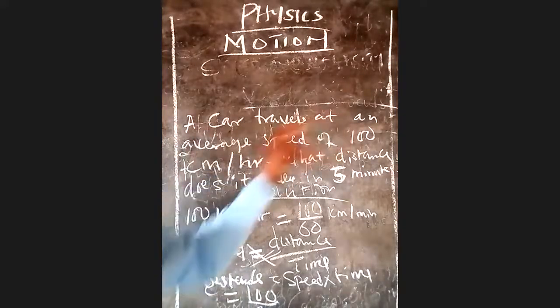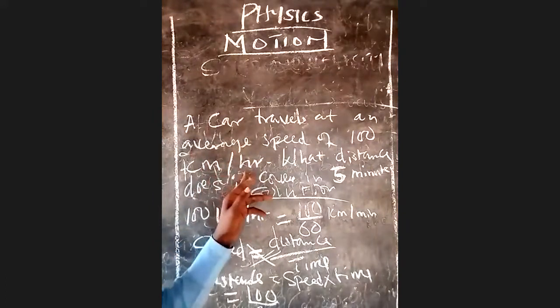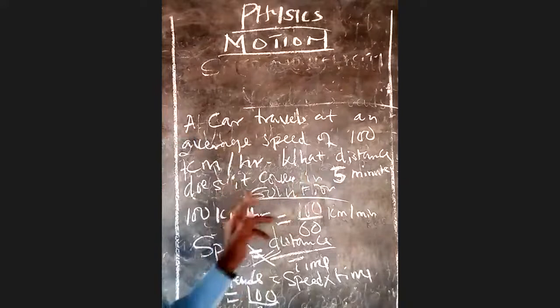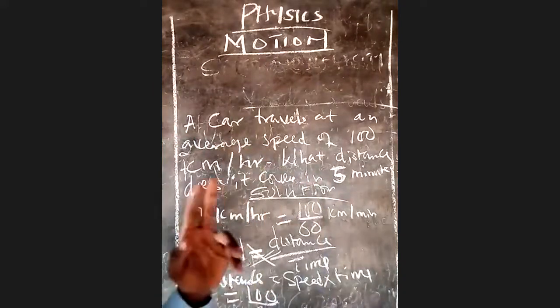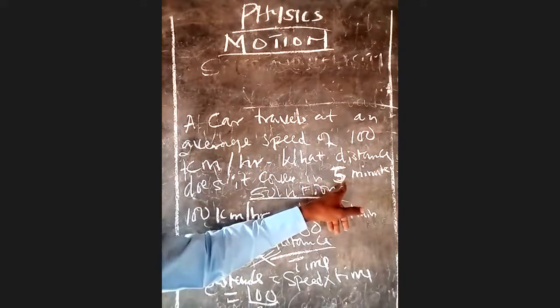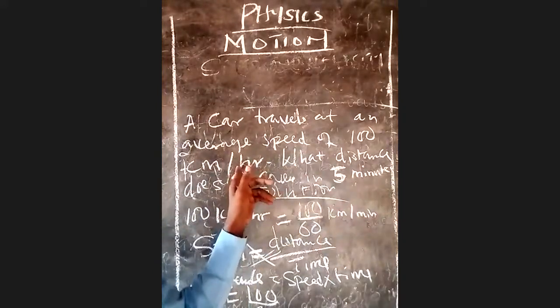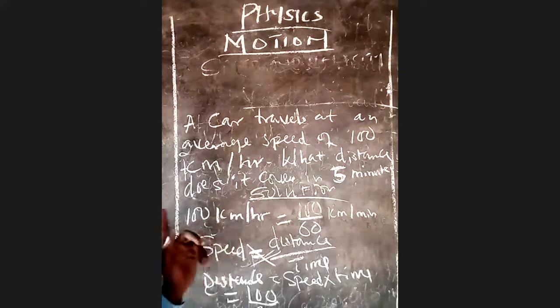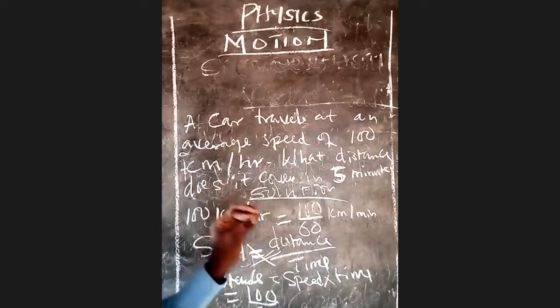A car travels at an average speed of 100 kilometers per hour. What distance does it cover in 5 minutes? That is the question. We have to know the distance it covers in 5 minutes, but the speed was given in hours. So we have to deal with this distance in minutes, and to know the distance that the car